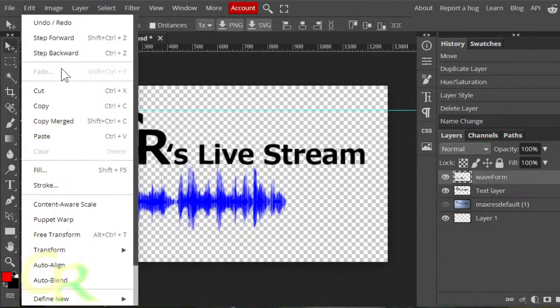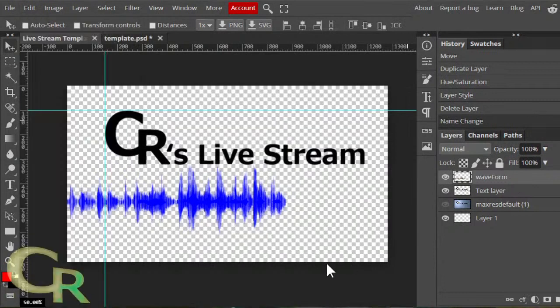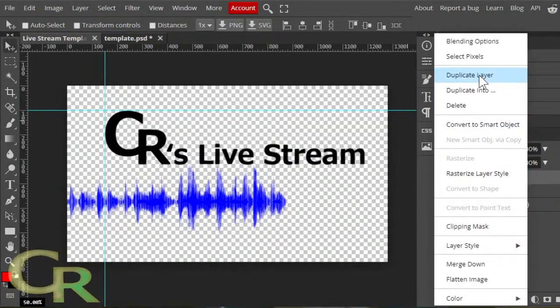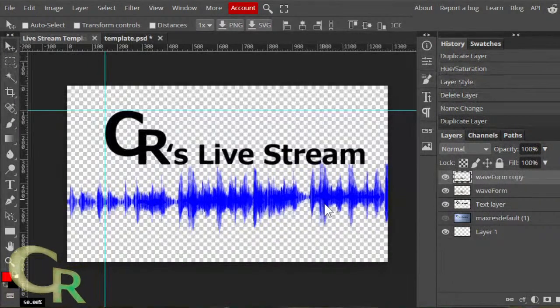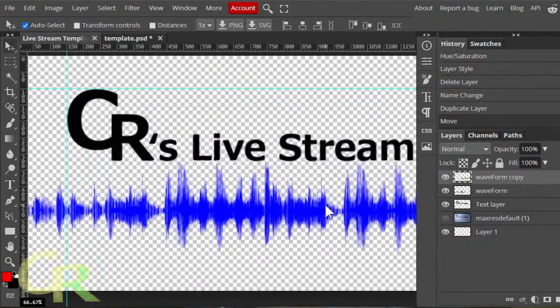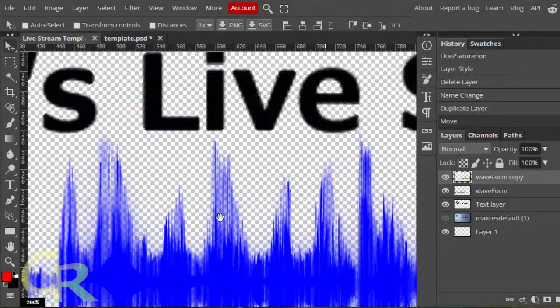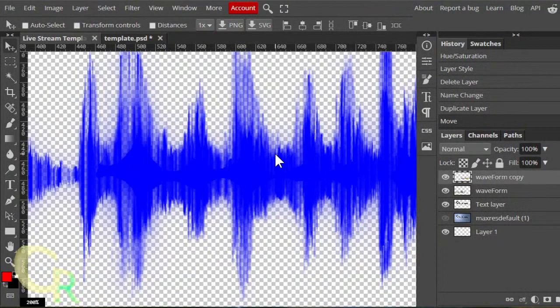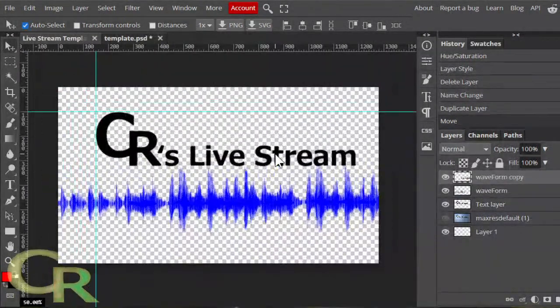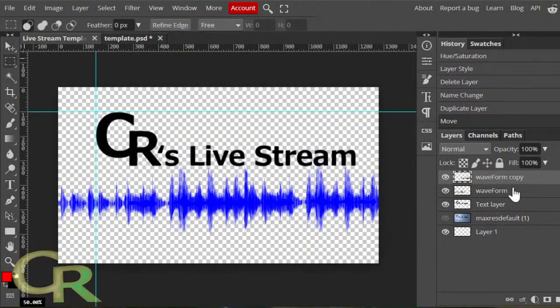Select that layer. I'm gonna increase the size just a little. Actually, maybe I'll copy it instead. Instead of increasing the size, I'll duplicate the layer. V on the keyboard, or right here, the move tool. Take the copy and just move it over a bit. You can zoom in, Control plus. Trying to line this up so it looks like it goes all the way across. Yeah, there we go. Oh yeah, that's not too bad. Kinda like that.